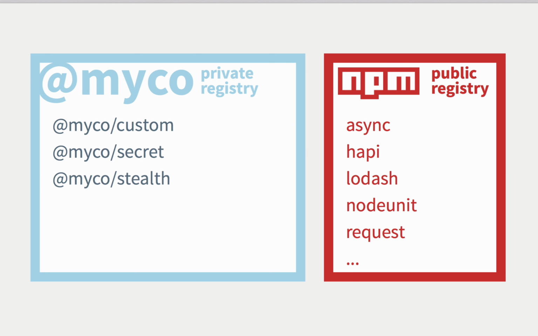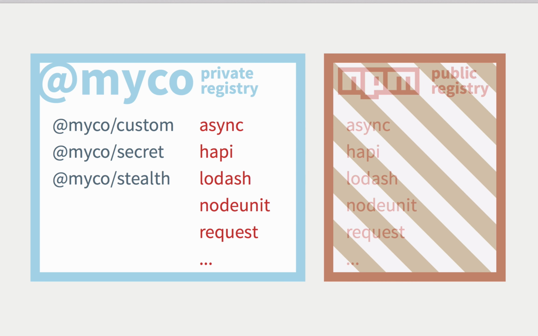This registry of private modules is hosted on site, so you don't have to worry about anyone having access to them but you. And you can also use npm Enterprise to mirror modules from the public registry. This is really helpful in cases where you can't connect to the public registry, like if there are security restrictions on your build machines, or there's a firewall, or even if the internet is unreachable.